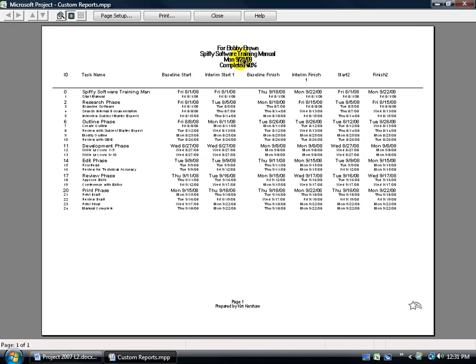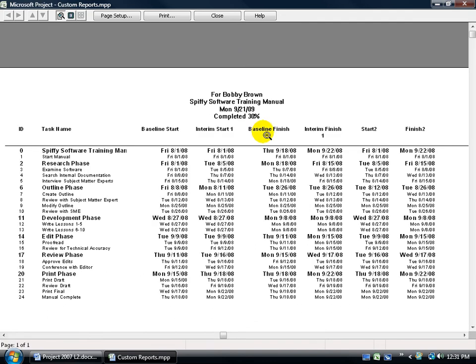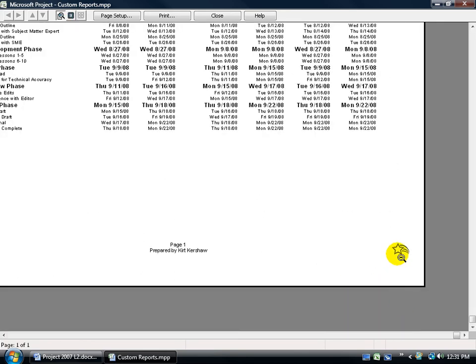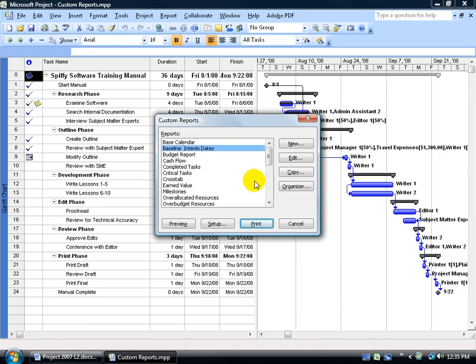Okay, so the text is pretty big. It can't fit everything up here. Well, let me click to zoom in. Okay, once we zoom in, it doesn't look too bad. We can make the text smaller if we want, but it's got what I needed. It's for Bobby Brown, Spiffy Software Training Manual. Let me click out and click down to zoom in. There's my little icon or logo, and it was prepared by me. Looks great. When you're finished, either print it, close out, and your report will always be here until you actually